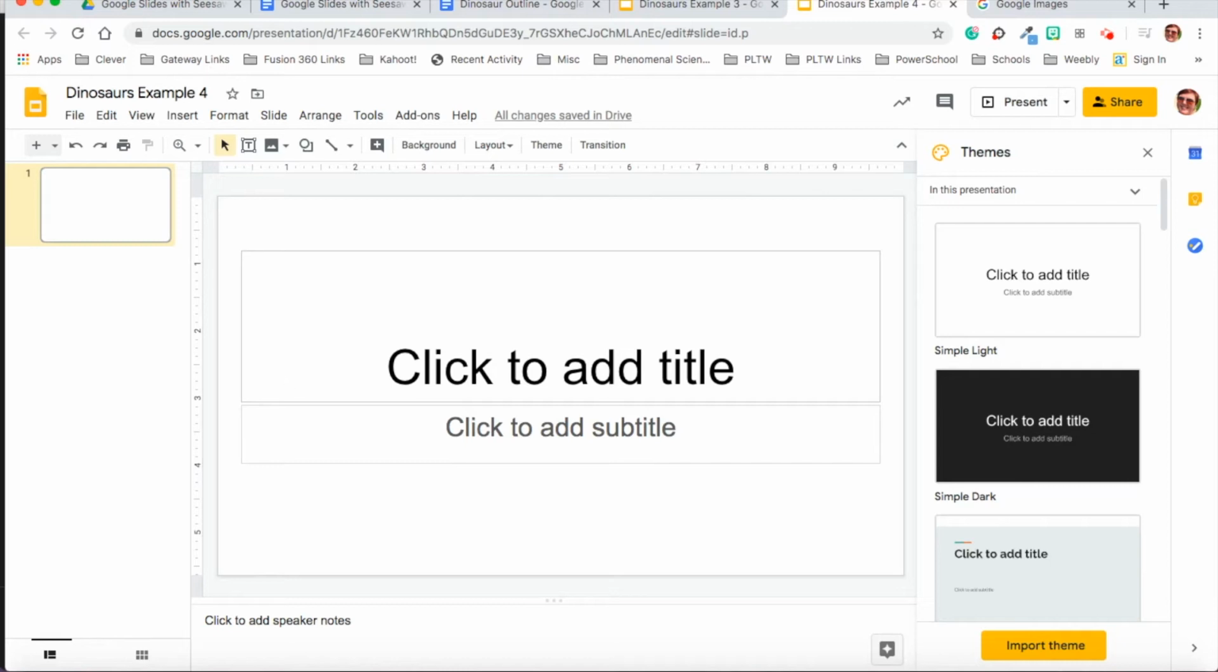Hi, this is Sarah, and in this presentation, I am going to show you how to create a Google slideshow from scratch. Just a few of the basic things that you can do in Google Slides. First of all, I don't want to use just the plain black and white theme, so I'm going to choose